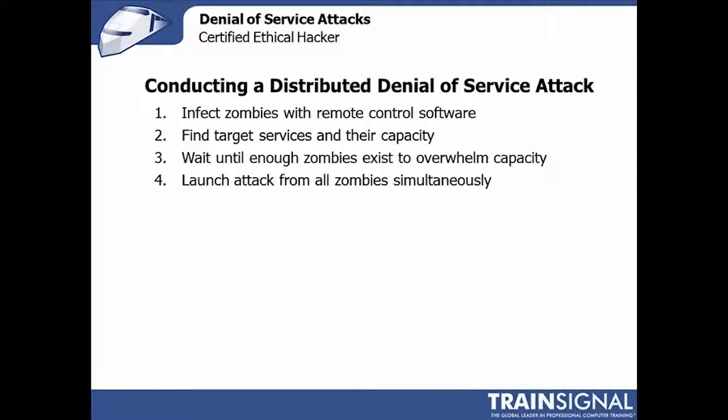The trick really is just getting everyone to launch it at the same time, which is why you use malware, because the malware can be timed, it can be controlled, and it can implement all of that attack at exactly the same moment. That's why you don't just telnet into a bunch of machines one by one and start an attack, or VNC or remote into a bunch of machines one by one. It's just not going to scale. If they all start at the same time, that's when an effective denial of service attack scales out.